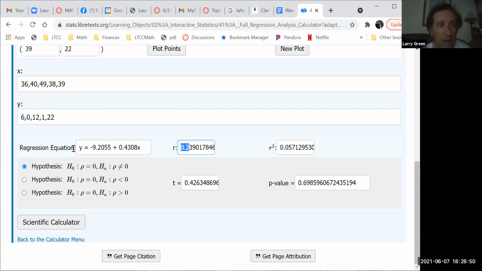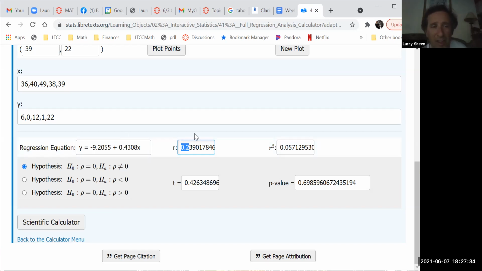Here our equation was -9.2 plus 0.4x. Which is good because the slope is about what we thought it was going to be, a little less than a half. The y-intercept is -9.2, another reason why it has no meaning. That means that when you were born, your best prediction for the number of classes you had left in your major was -9.2 classes, which is just silly. It doesn't mean it's wrong, it just means it's not very useful. But it is part of the line.